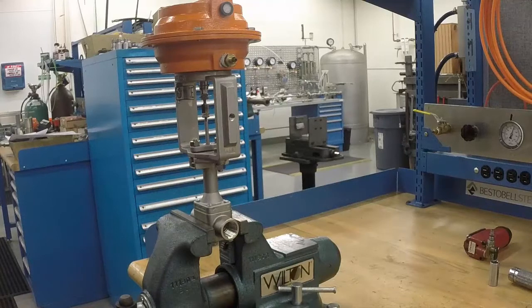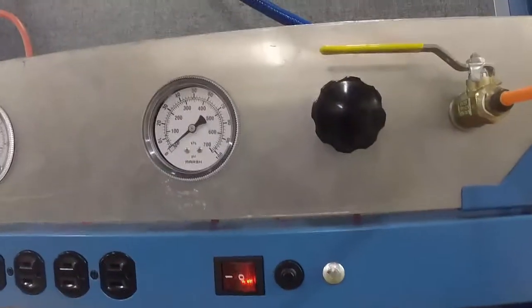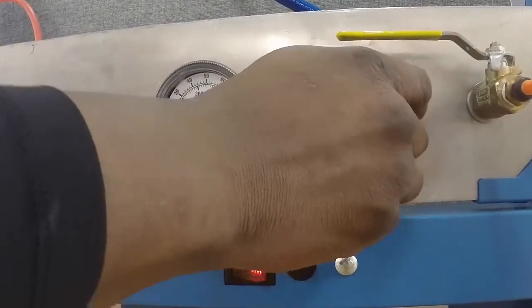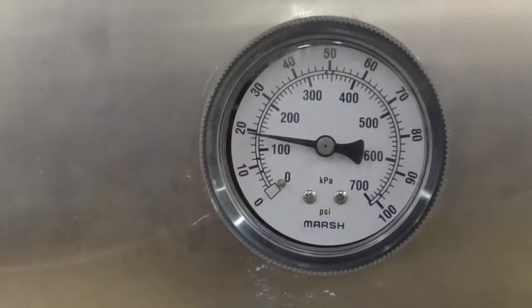If the valve is reverse acting or air to open, you will need to attach a pneumatic pressure supply line to the inlet of the actuator case. Supply 5 psi more pressure than the range spring pressure indicated on the valve's identification tag to open it fully. If the valve is direct acting or air to close, this step is not needed as the plug is not